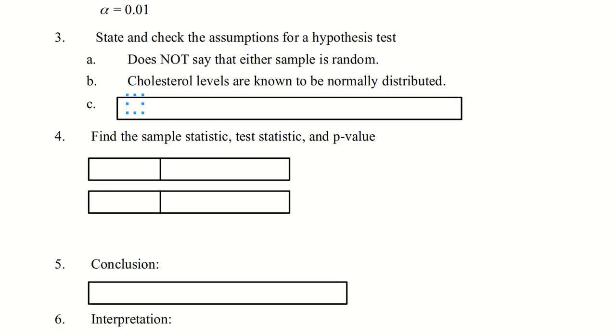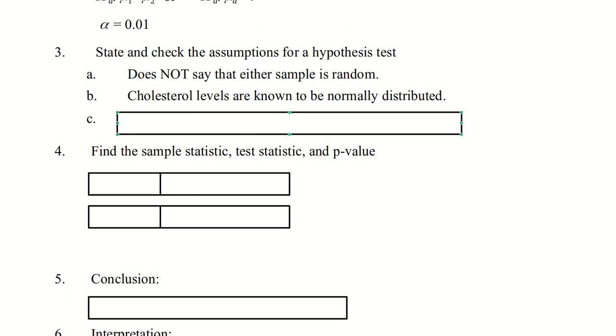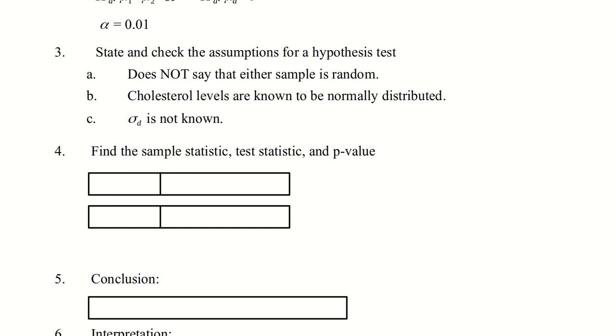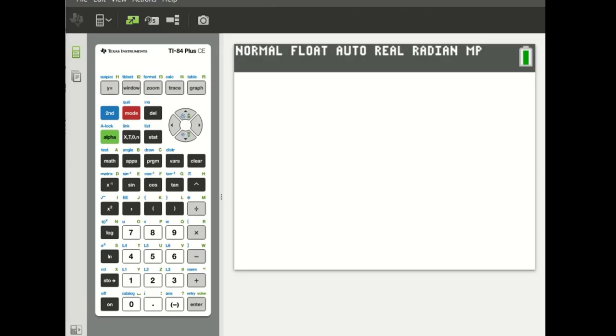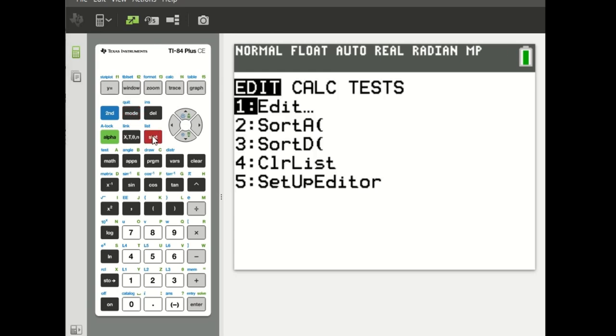And remember, the last part of this test is basically ensuring that we're doing the correct test. And that is, we're doing a t-test. Why are we doing a t-test? Because the population standard deviation is not known. So at this point, we're going to put this data into our calculator, and we're going to get the sample statistic and the test. Okay, so we're now in our calculator, and we're looking at doing a t-test with that data